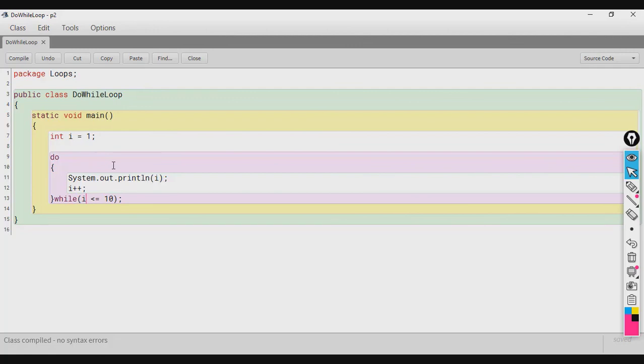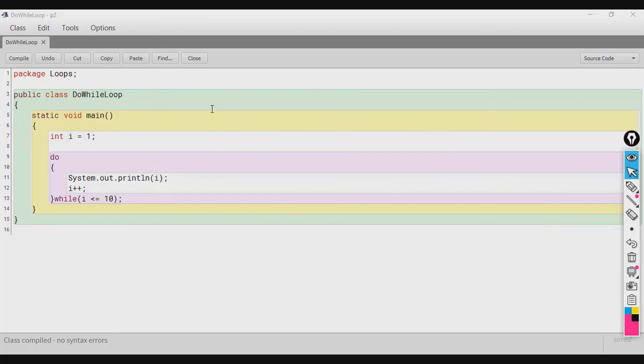That means the loop will execute at least one time. The control directly enters the loop without checking any condition for the first time. And when the execution of the body has been done once, then the condition is checked. That is why this loop is also known as exit controlled loop.